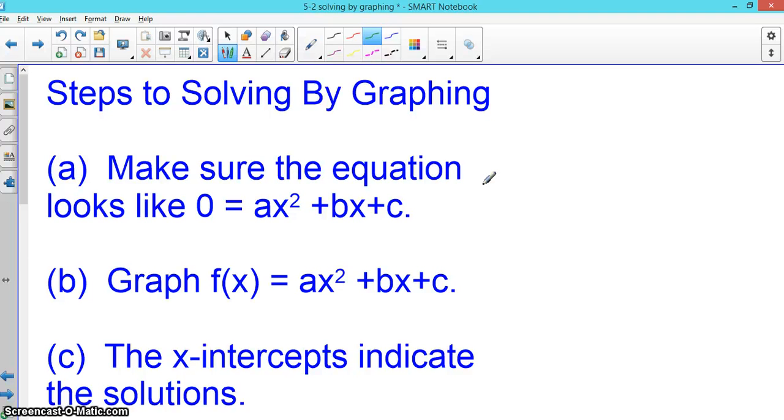So there you go. These are the 3 steps. Make sure it looks like the ones we just had. Grab those suckers, write down what the x-intercepts are. Maybe if it's between 2 integers, what you'll be asked to do in the exercises is to say what 2 integers it lies between. So there is the limitation to solving by graphing, is that if it's a weird answer,